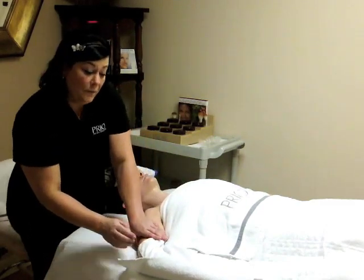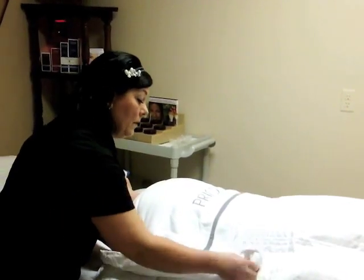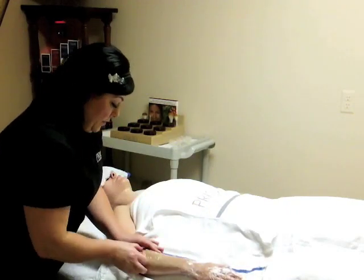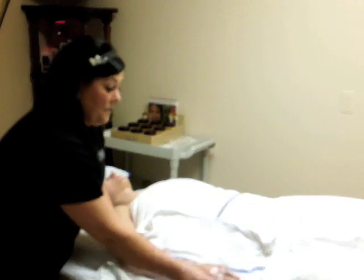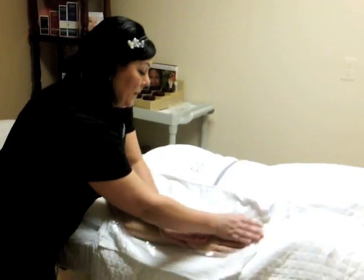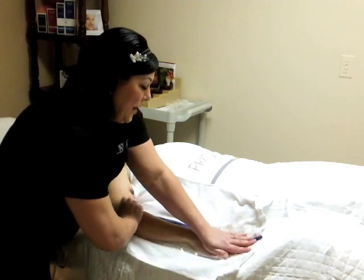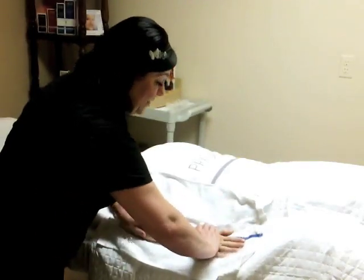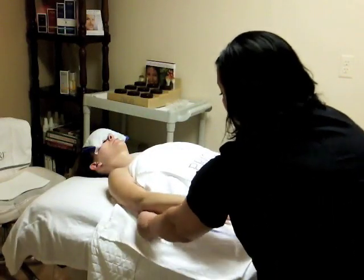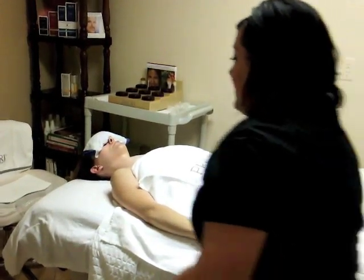Now, you don't have to be performing a peel. You could actually do what is known as our hand and arm yoga massage and perform a full hand and arm yoga massage, which includes the stretching of the arms way above their head as well. But I want to do our intensive peel procedure for you now, just to show how easy it is to incorporate the facial peels into a hand and arm treatment. So keeping that consistent stretch, remove the plastic, and from here we're going to then take